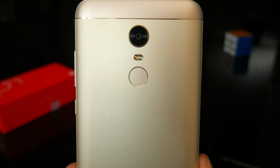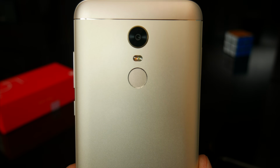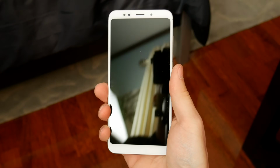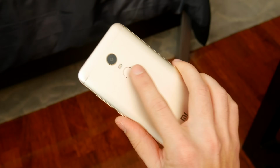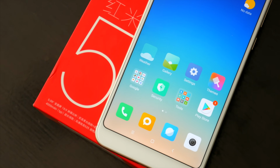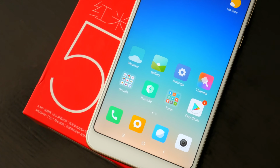I'll talk more about the cameras in a bit, but you'll also notice a rear fingerprint sensor as well. It should come as no surprise that the rear fingerprint sensor is not only in an excellent spot for reachability, but it's also very quick and accurate. As far as the specs go, this device has some decent internals that offer a buttery smooth user experience, but